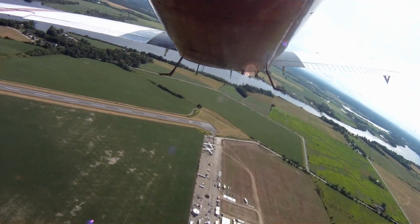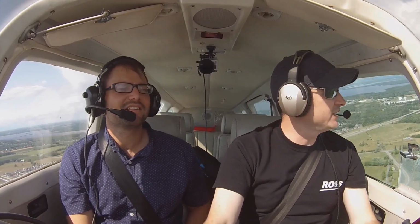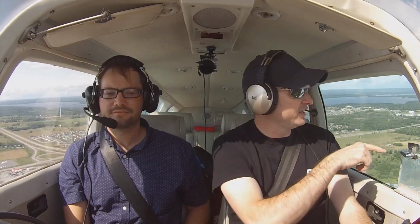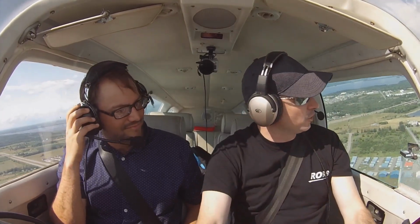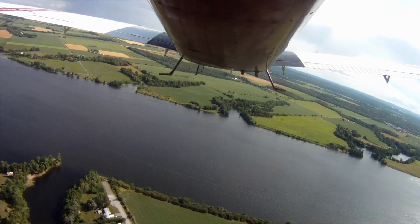Armbar traffic, Beach Air Golf Mike Tango Tango is over the field. We'll be joining the left-hand downwind for runway 28. Full stop. Armbar traffic. They've also got a float base down there, so you can see the float planes. Oh, nice. All right, so